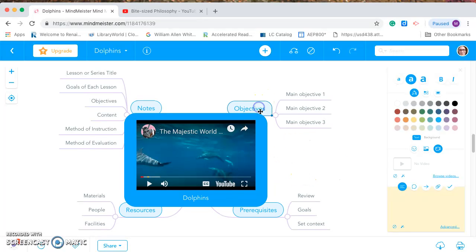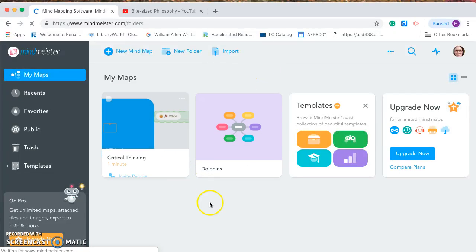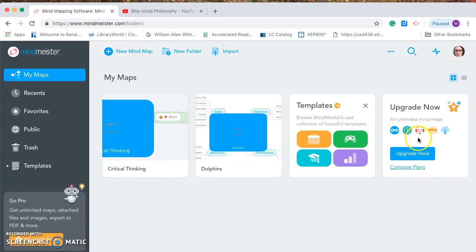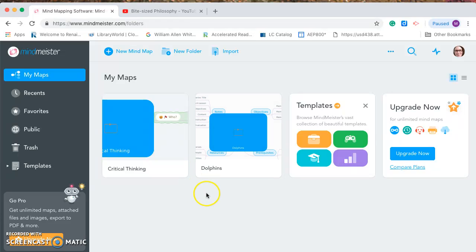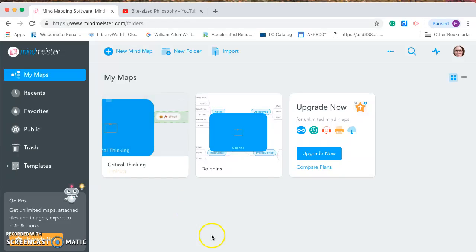What do we want to know about the dolphins? What do I want them to learn about dolphins? What do they need to know? It just walks you step by step through making a lesson plan, and having that in picture form. You can also upgrade this, and you can get unlimited maps. Right now, the free mode is a limited account, but